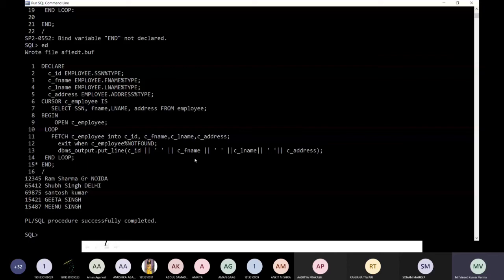Now you have to print all, just send me the code. You can even copy this code and try to print the SSN number, first name, last name, and address for employees working for department number 13. You just print the employees working for department number 13, their first name, last name, SSN, and their address. Kindly do it all and send me the code if you agree with this.